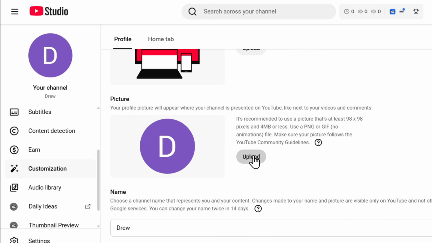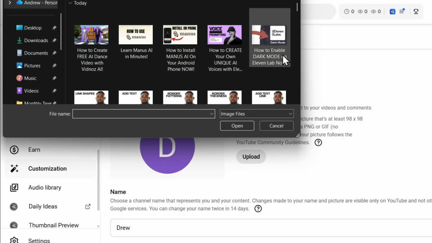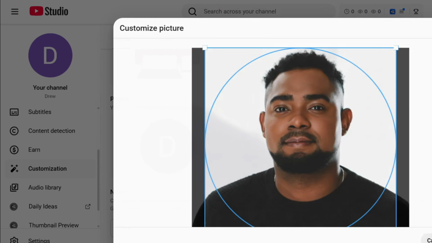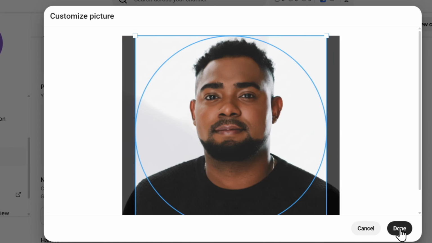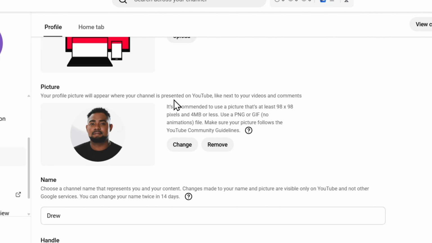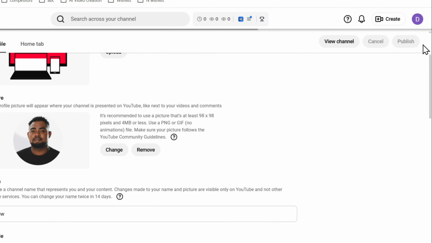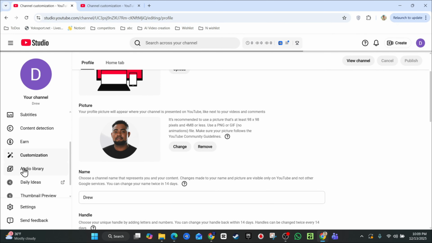And from here, just simply click on upload, and I'm going to go ahead and just add a picture here. So I'm going to find something that I can use. So let's say I want to add this one here, and I'm going to click on done. So that's how you can add it. But let's say you already have something, you will have the option to change it afterwards. I'm going to publish this one right now and say that is the current one,